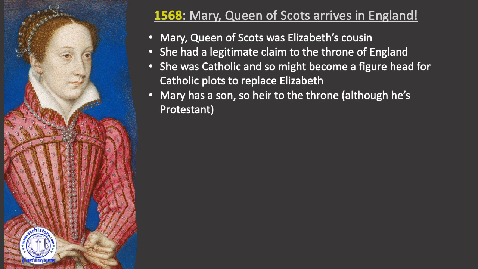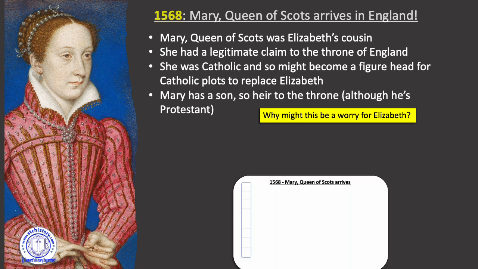Remember in the game we played at the start of this course, one of the choices was, do you give her back to Scotland? Do you let her go to Europe? Or do you keep her imprisoned in England? You know, keep your friends close and your enemies closer and all that. But initially, Mary Queen of Scots is looking for her cousin to help her. Elizabeth is not going to help her. All right. So why might that be a worry for Elizabeth? It goes without saying, I feel like, is that she becomes a figurehead for all Catholic plots.